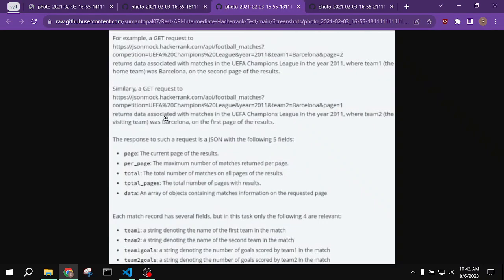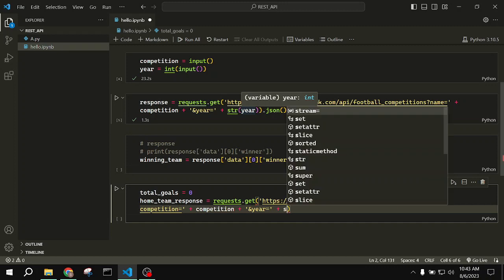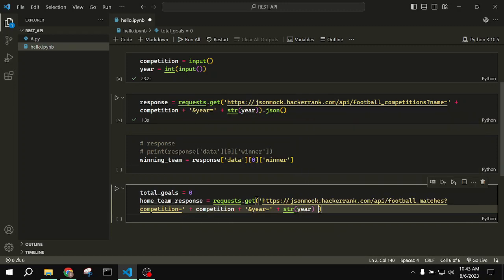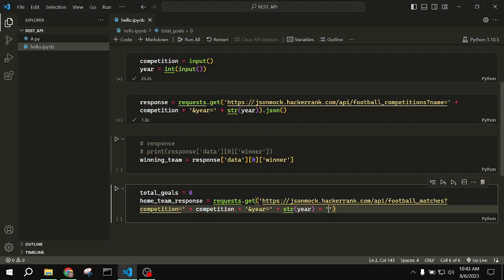Next, our query is year. Year is equal to str year, plus, what is another thing? The team one. So team one, and do not forget to put the ampersand sign. This is very important because it will tell the server that we are asking for this query which satisfies this, and every other thing is coming after. Team one is equal to,